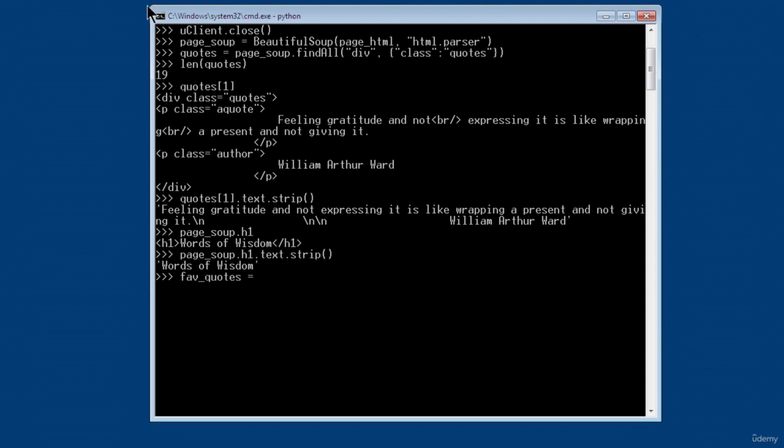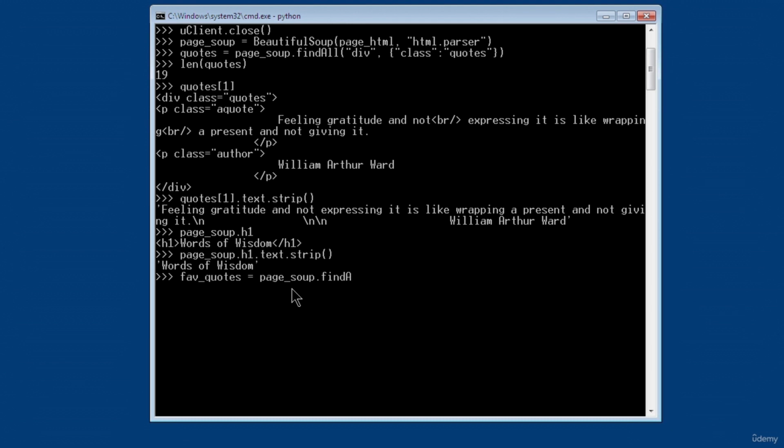To do that, I'm going to reference the variable called page_soup. So I'll say page_soup.find. Oh, I meant to say underscore page underscore soup. If I don't use the underscore properly, it will not work. So page_soup.find